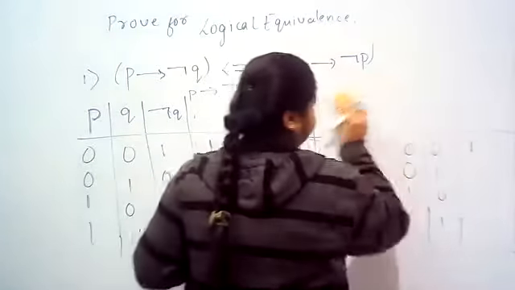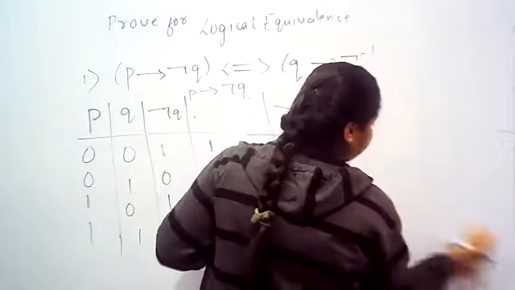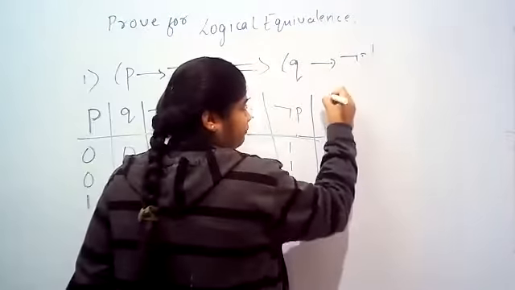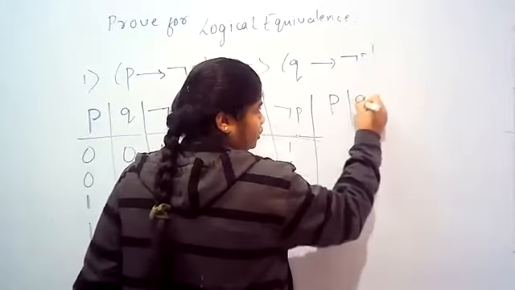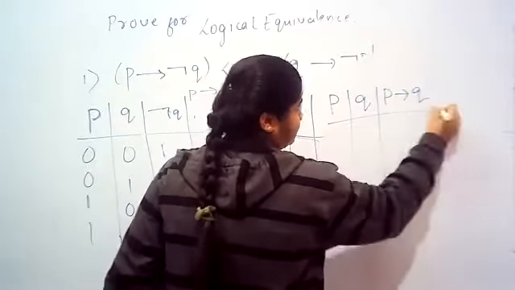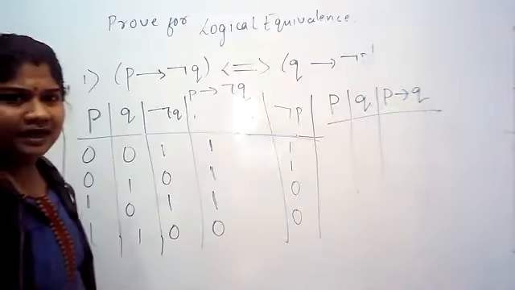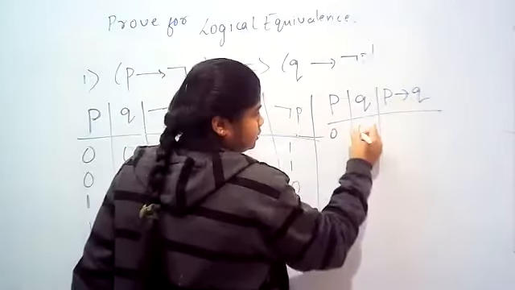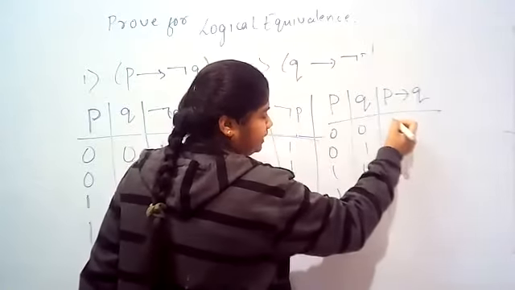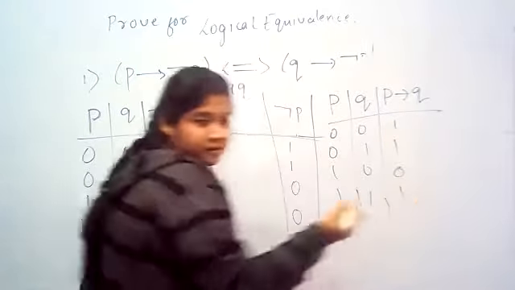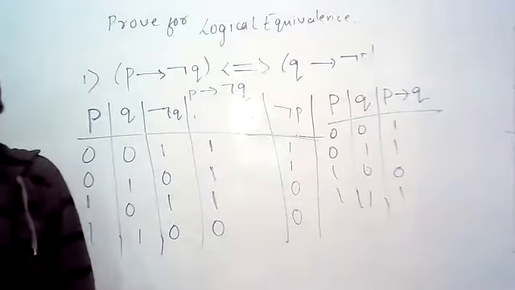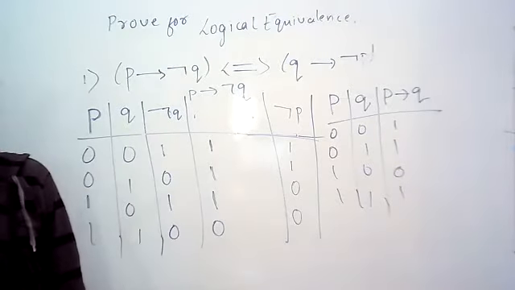For the time being, I'll rub this. I'll write here both truth tables. Whoever is not following, just see here. I have P, I have Q. This is P condition Q, normal. 0 0, 0 1, 1 0, 1 1. Now directly 1, 1, 0, 1. I think everybody, at least till here, you know. P condition Q directly, I told you, is nothing but 1, 1, 0, 1.